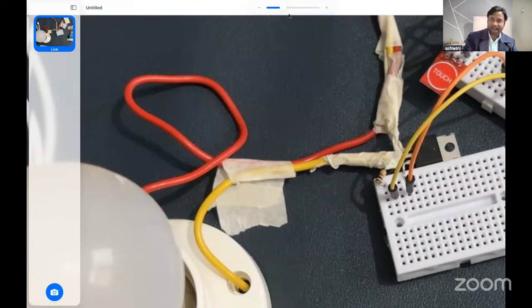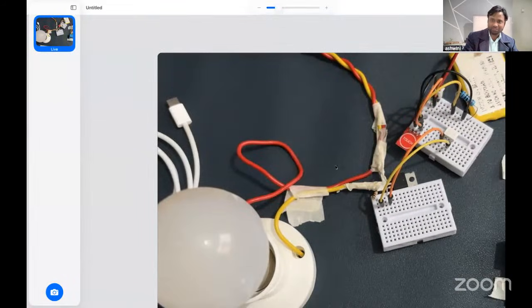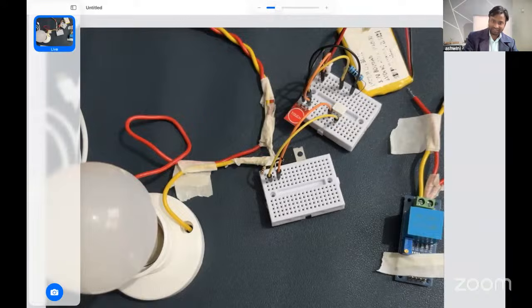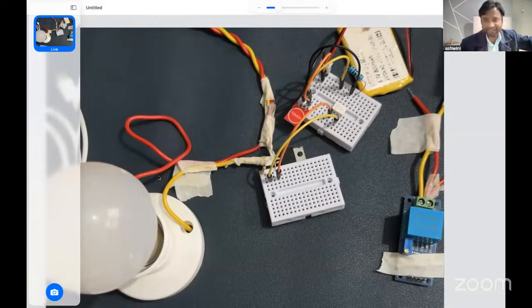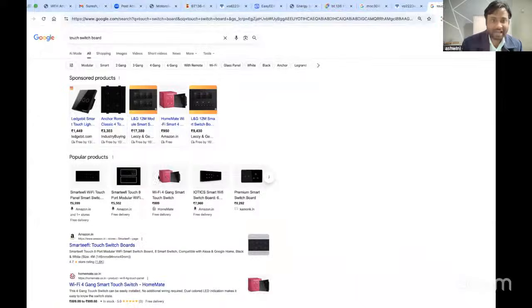If I want to make an IoT controller, then I can simply use the Indus port coin and connect this gate to it. I can control using the Indus port coin. Then let me show you. So this is the Indus port coin here, and then we will go for this